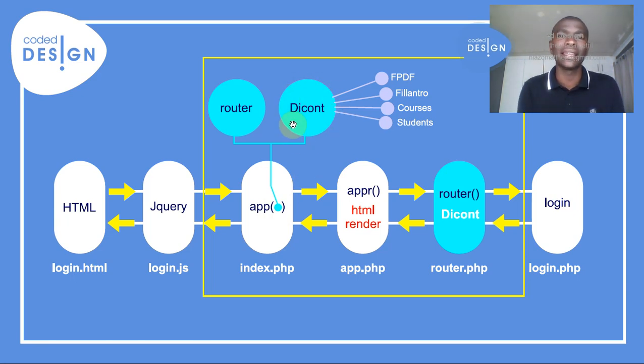It's a class that acts as a factory. It manufactures all the classes that we will need, whether the classes for routing, the classes for rendering views, the classes for courses, the classes for student, the classes for querying, whatever, results and displaying results in form of a PDF. All those classes are going to be created, are going to be newed up in the dependency injection container, the